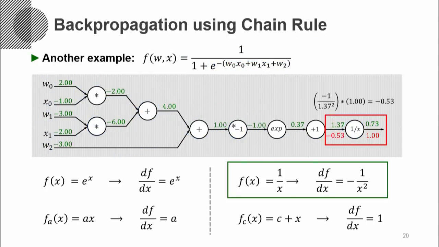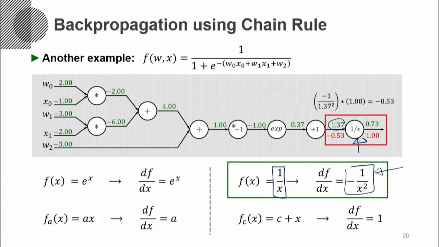Let's go through our computational graph from the end so that we can compute the gradient of each computational node. So this node is represented as this function, and its gradient is represented by this, and the current input was